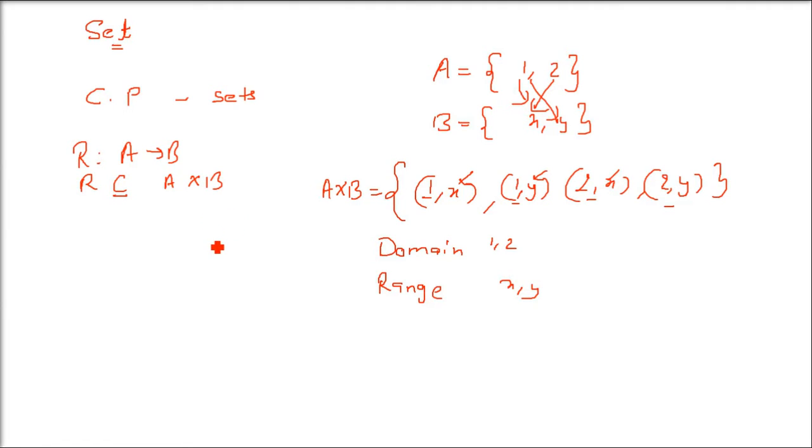So as I said, a relation will always come like this in ordered pairs. What are the ordered pairs in this A cross B where the first member is greater than the second, or the first is divisible by the second, like this. So in all of this A cross B, some of them will come. So what are the different types of relations which can come? Void relation. The void relation is also called the empty relation.